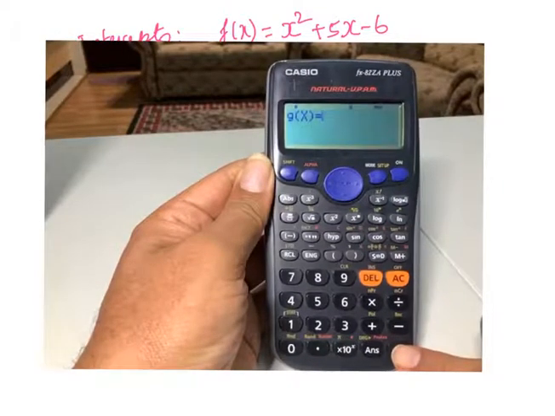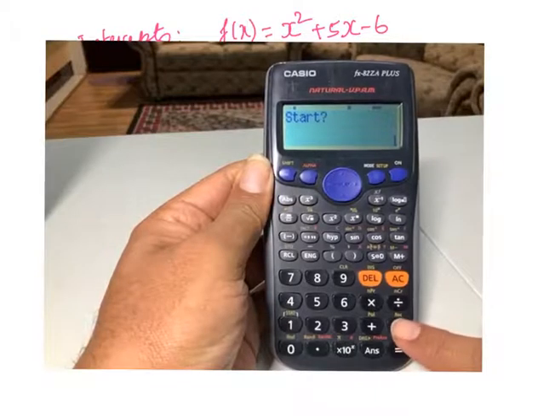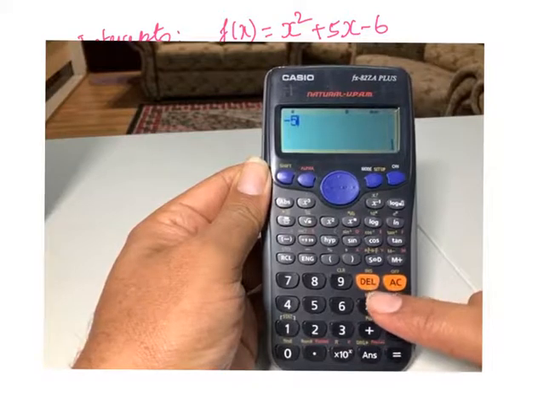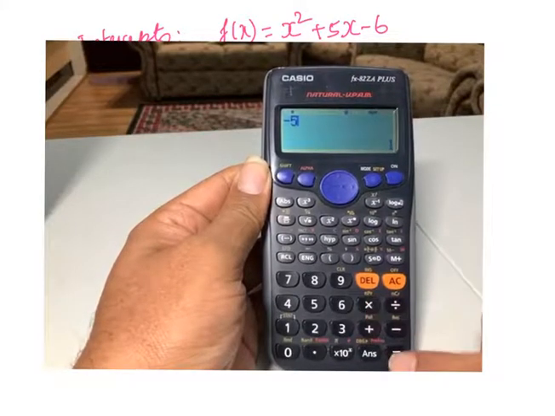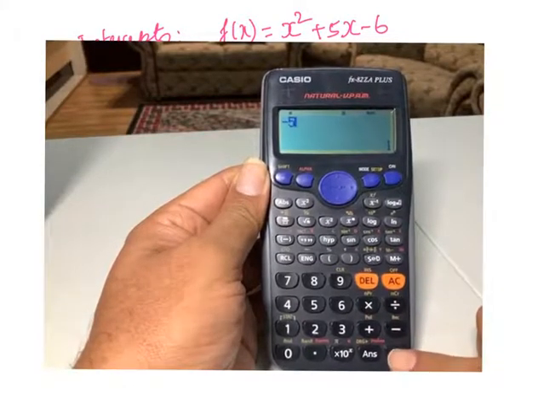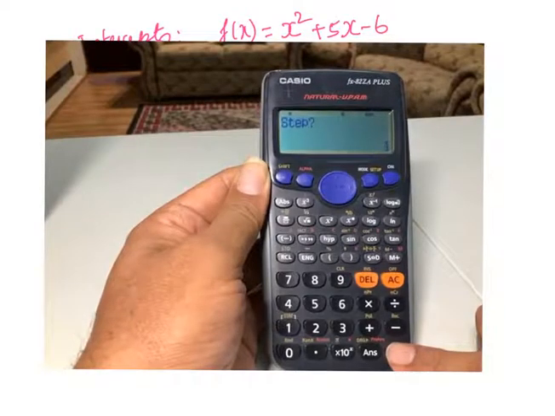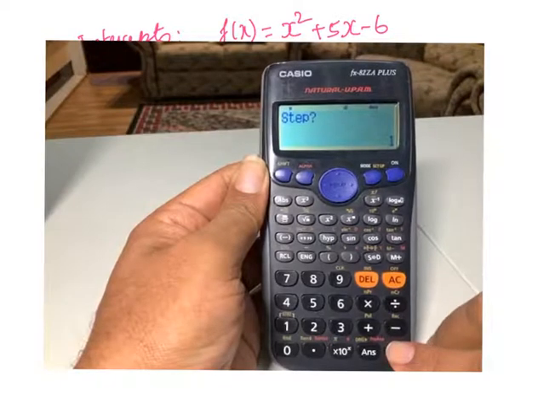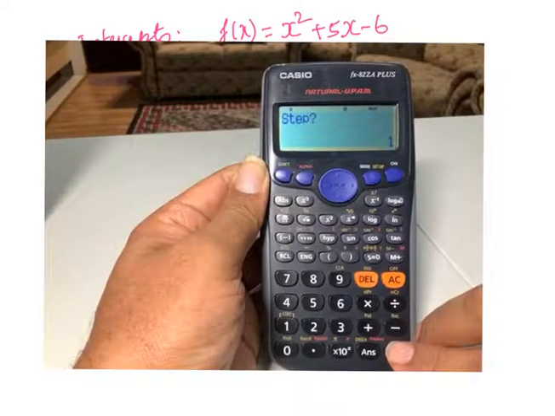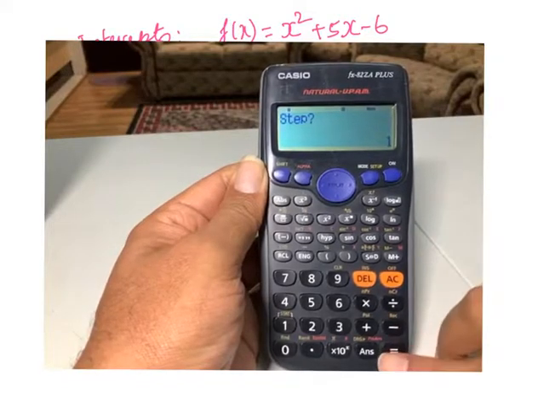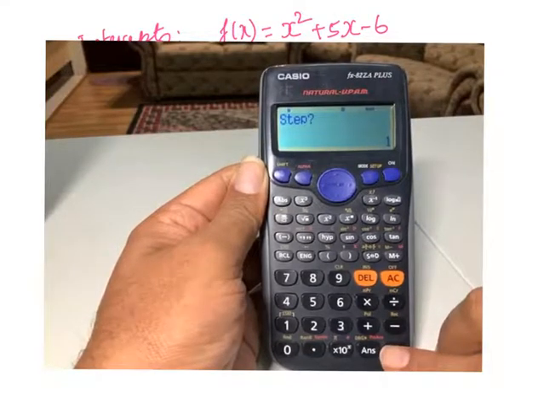I don't require it. I press simply equal to, and I start from negative 5. It's just an arbitrary number. You can start from any number of your choice, but I prefer to start from negative 5 and end at 5. How do I move from negative 5? I move one step each: negative 5, negative 4, negative 3, negative 2. So the increment is 1. That's how I use this to find